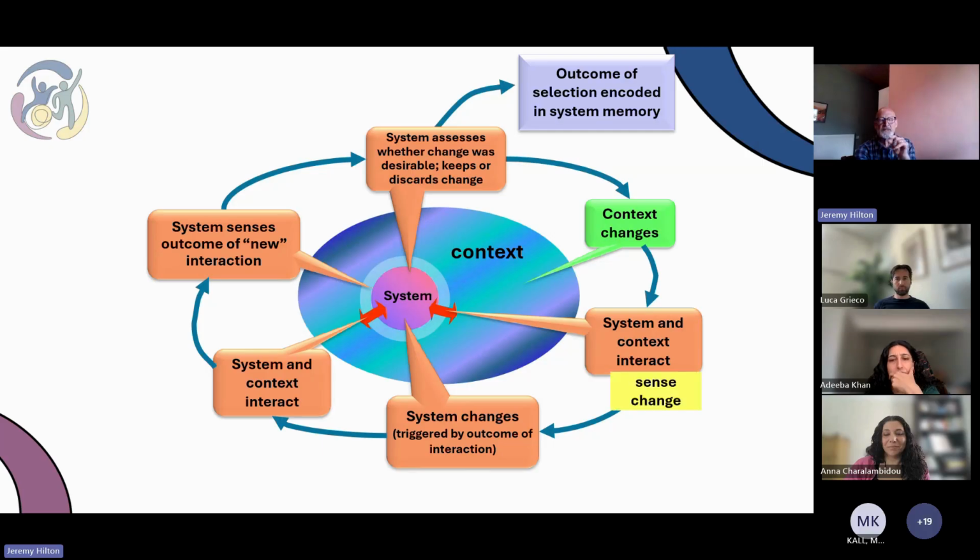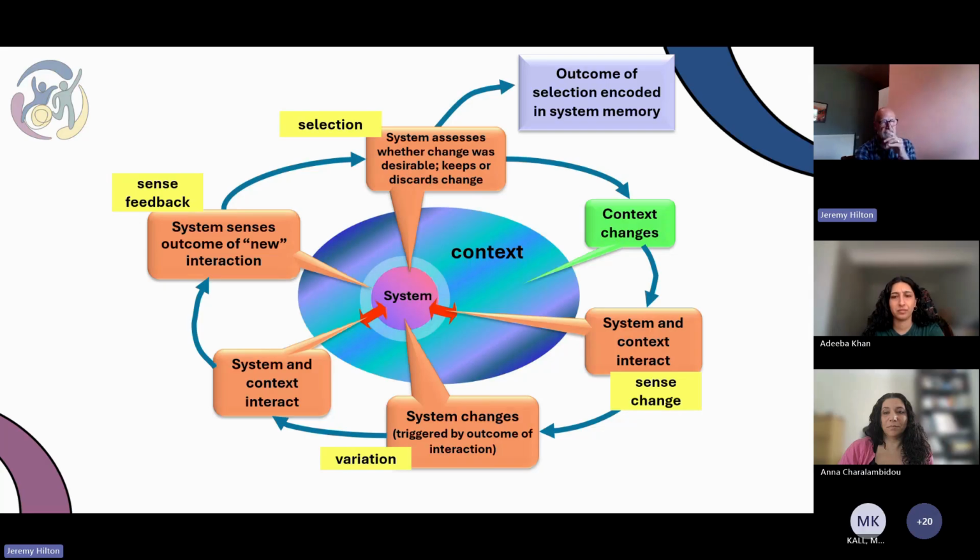So then we come back and the context changes again. So they sense the change. Do they vary things? Sensing the feedback and selecting what they keep or not. And basically, this has been and will be an ongoing change. This is part of that constant flux in life and the constant adaptation that's going on. It's just very simplistic, trying to codify what we all know, but actually recognizing that when we're looking at the improvements in Sprocket, within the wide community we're working with, from government all the way down to individuals, this is the dance that's going on, what I call the dance of life.